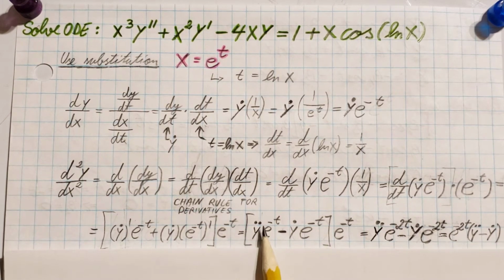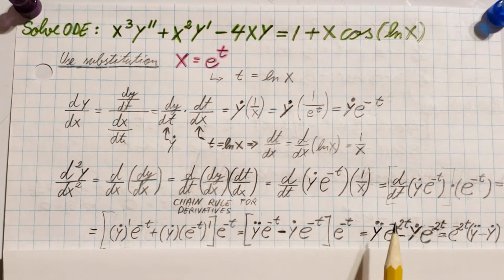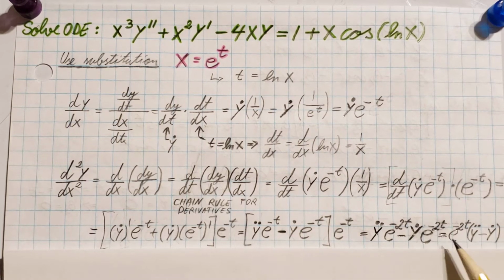We're going to get y double derivative times e to the negative t minus y first derivative times e to the negative t. And the e to the negative t at the end is just multiplying. Simplify it, we're going to multiply this in, then from here we're going to factor it out,